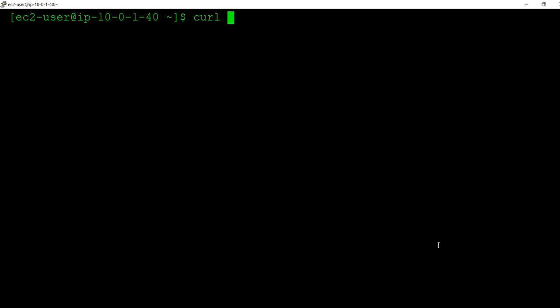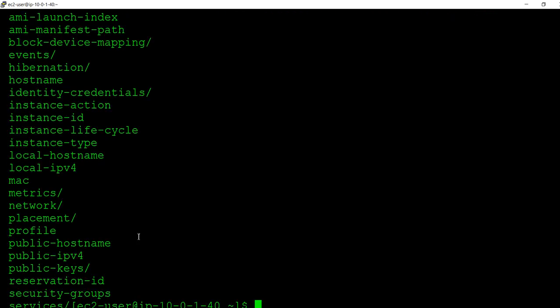curl http://169.254.169.254/latest/meta-data. Okay, I got the metadata, and if you see here, public-keys is there under this one.